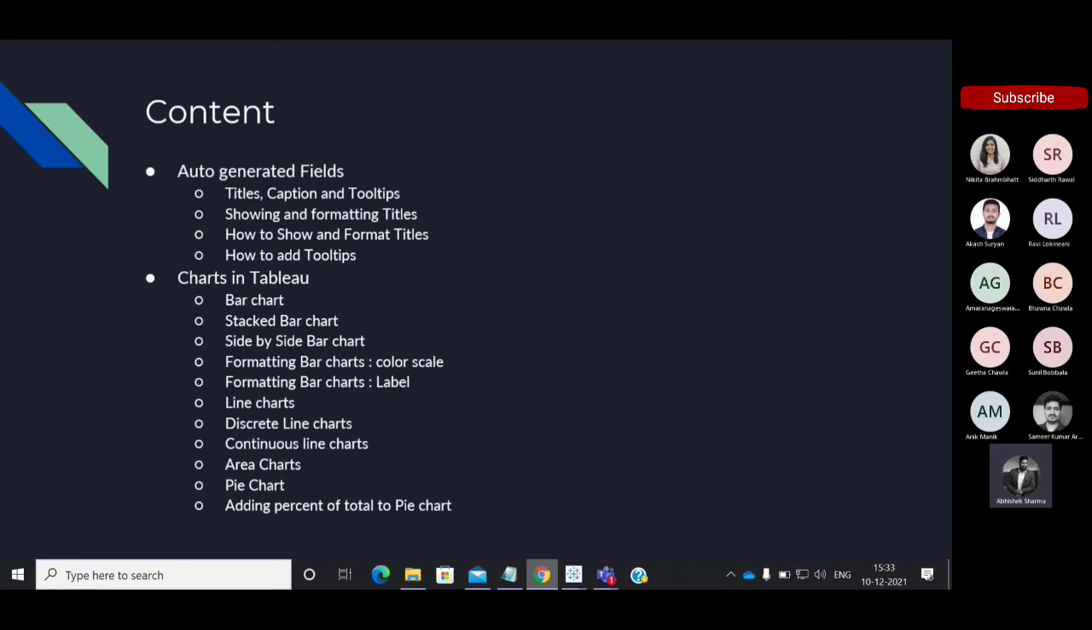I'll start with the auto-generated fields and some formatting with the titles, captions, and tooltips. These are some of the widely used things, some formatting that you will be using again and again. Some of this we'll cover in the class, and some of this I leave to you to explore. Then we'll move into the charts part later, whereby we'll be discovering rather than exploring